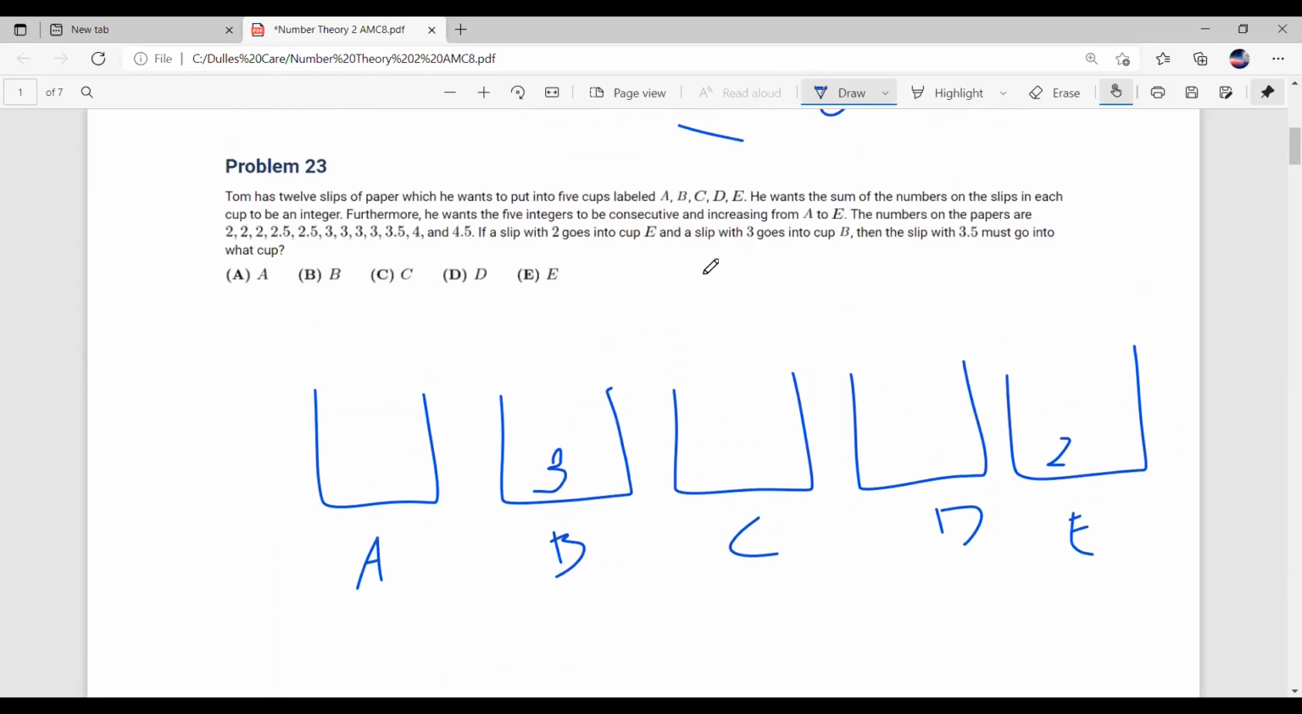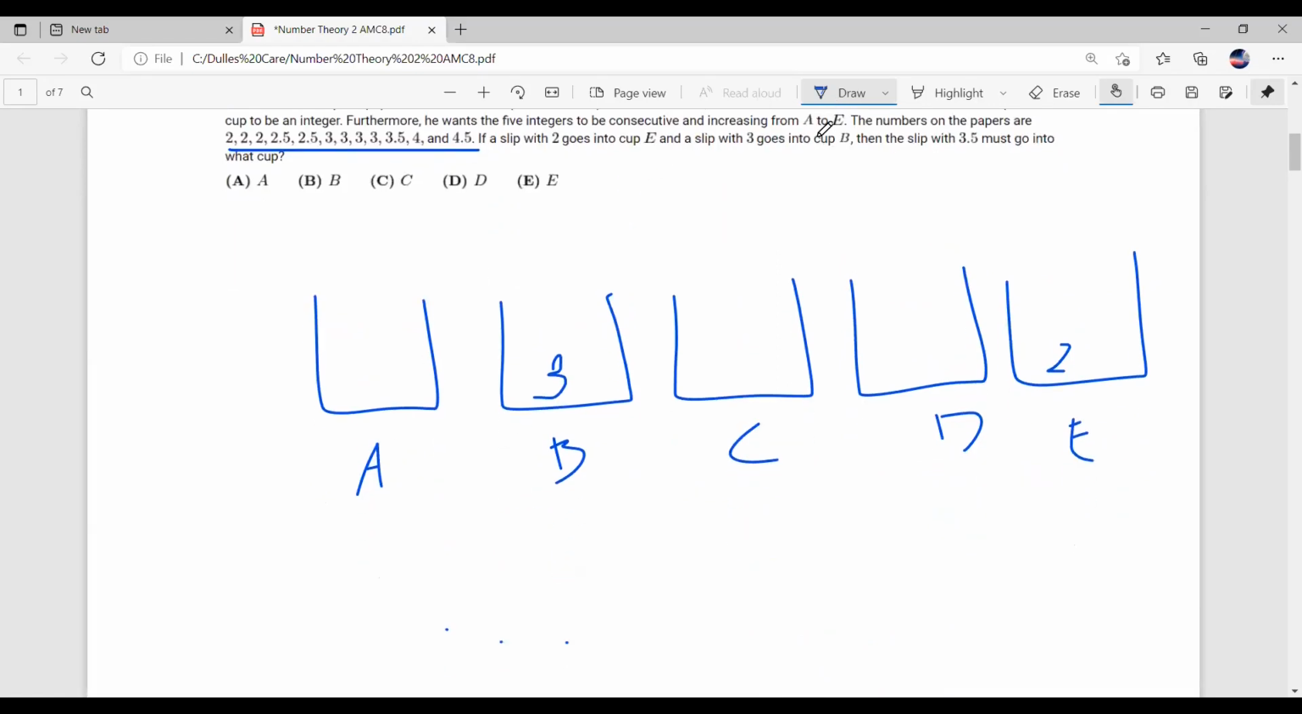So let's do something first. Let's sum up all these 12 numbers. So we have 3 2s, that would give us 6, plus 5, 2.5s, that would give us 5, plus 4 3s, that would give us 12, plus 3.5, plus 4, plus 4.5. So if we sum that all up, we get 35. And we know that since A, B, C, D, and E are all positive integers, and that these 5 integers are consecutive